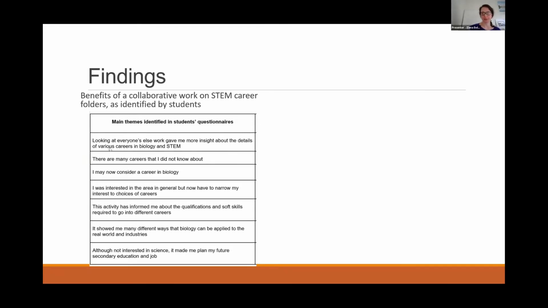They said there are many careers that I really did not know about, or I may now consider a career in biology, or maybe they now have an opportunity to look at different careers and narrow their interest to the choice of the careers. And they could see how there are different ways that biology can be applied to the real world and industries, and other